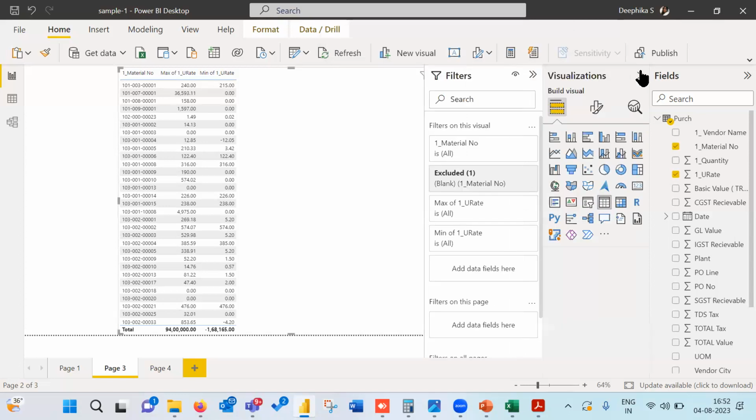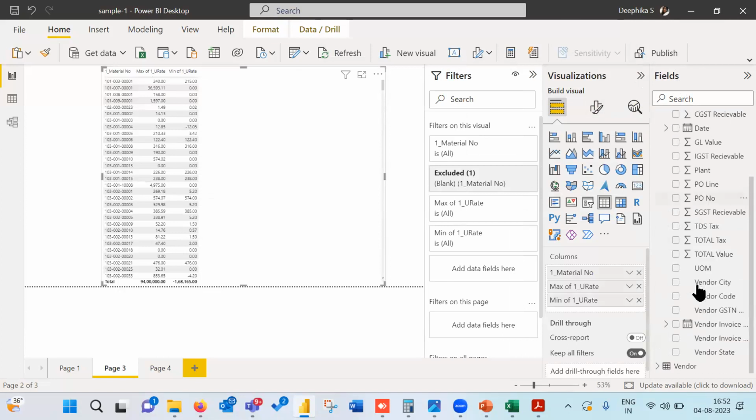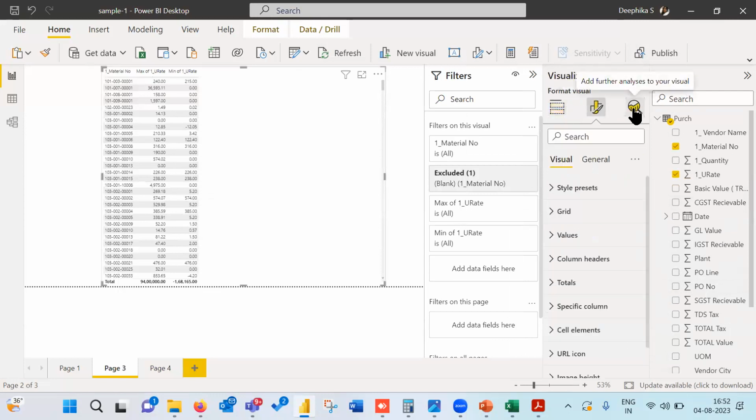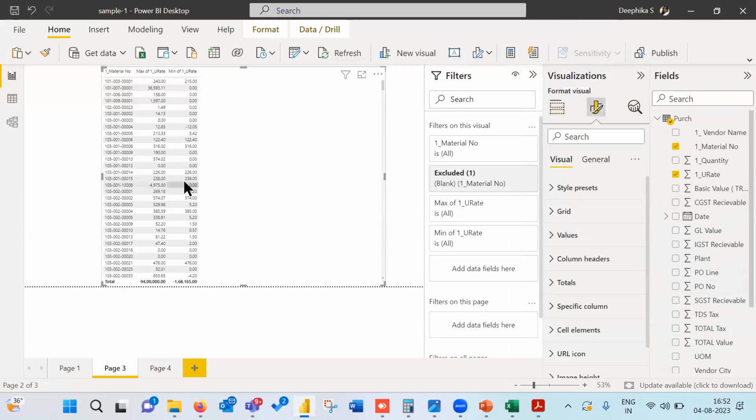So we have the visualization fields tab, where we are seeing the base data and column headers. After that, we have the visualization tab, where we have the visuals, columns, and some drill-throughs. In the visualization tab, there are 3 sub tabs. The first one is for analytics, where the visual charts are. The second one is for formatting the visuals. Let's say in this chart, I feel this table design or size is not nice.